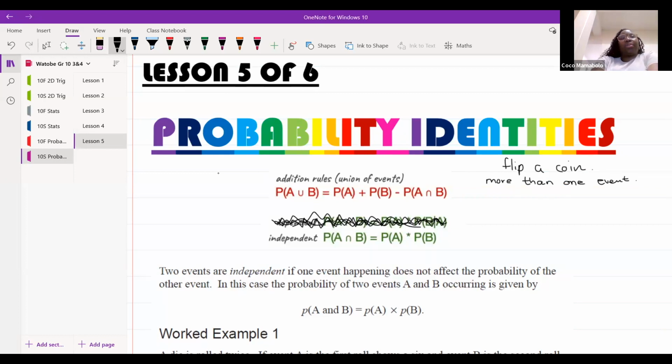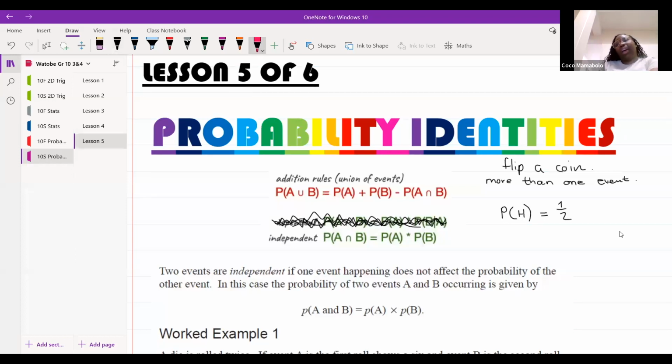Funzo, what's your example? I think maybe if we flip a coin in the air and get the outcome as a head, then again we flip the coin, but this time we get the outcome as a tail. In both cases, the occurrence of both events is independent of each other. Correct, because before I even flip the coin the first time, Funzo, what is the probability of heads? It's 1/2. Correct.